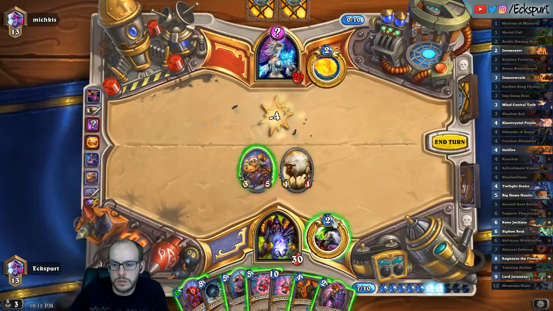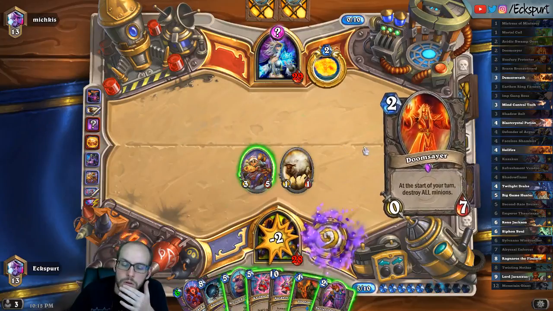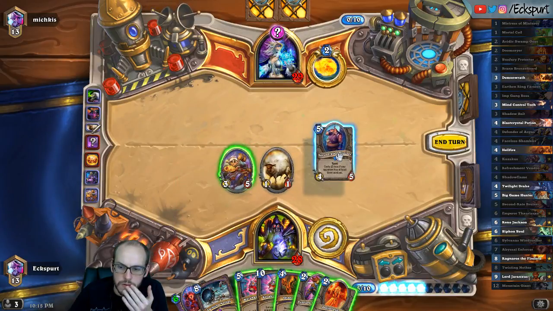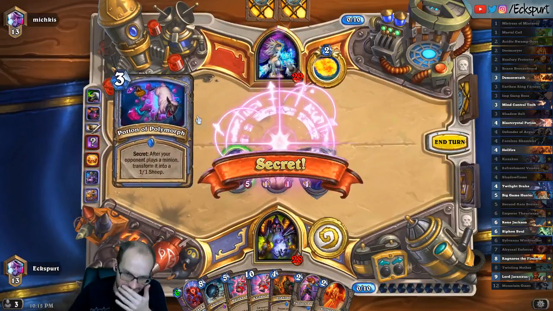Okay. I'm going to tap and play the Bruiser. I don't think this is Mirror Entity. Right, that seems pretty bad. God. Another